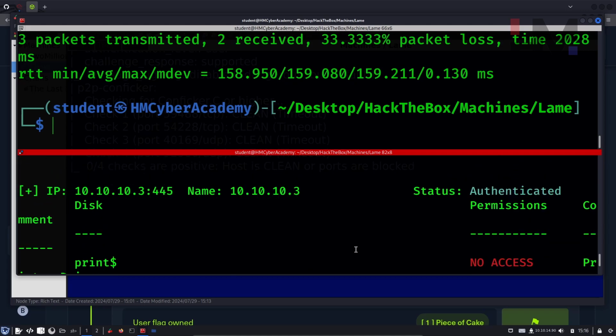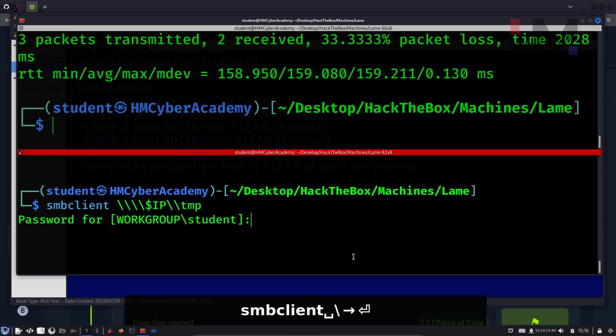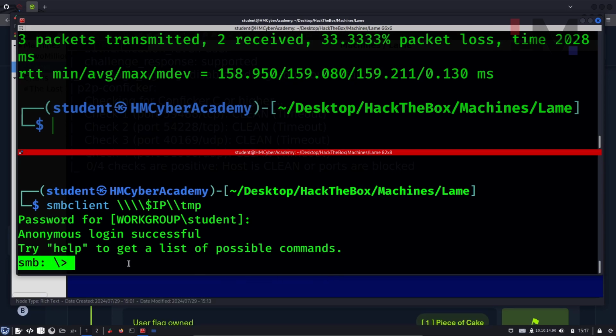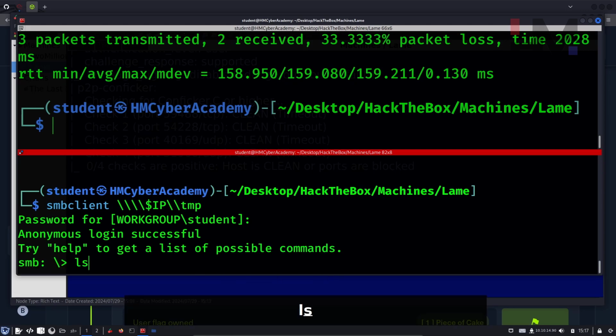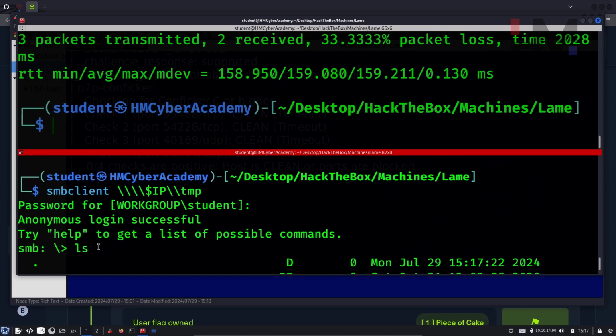Okay, so what we can do now is use smbclient to try to log into that tmp share. We'll use a blank password and let's see what happens. Okay, we're able to successfully log in. So let's see what we have. Okay, we have so many things, but first of all, let's try to use this SMB terminal to get a